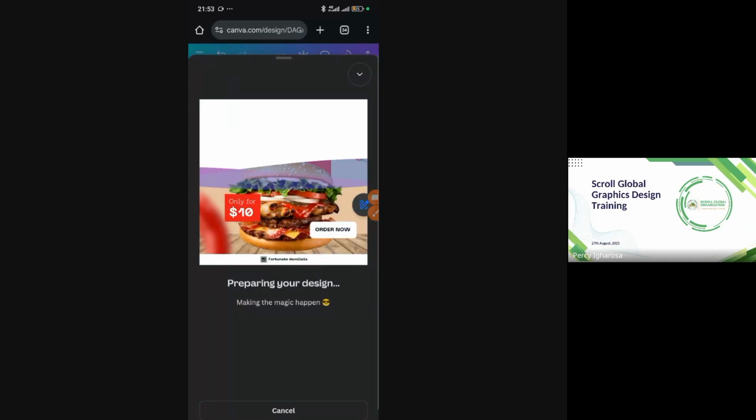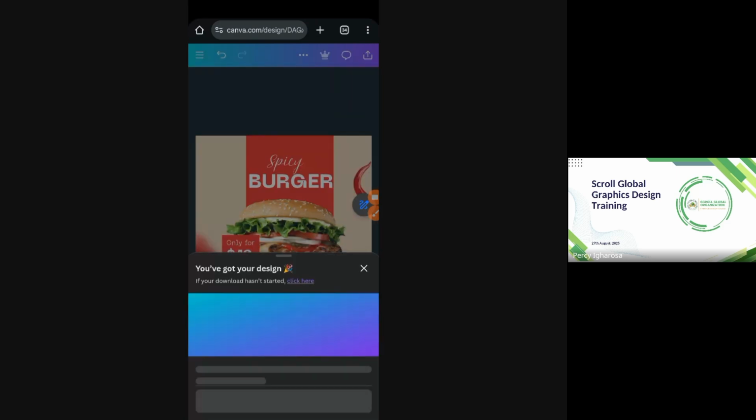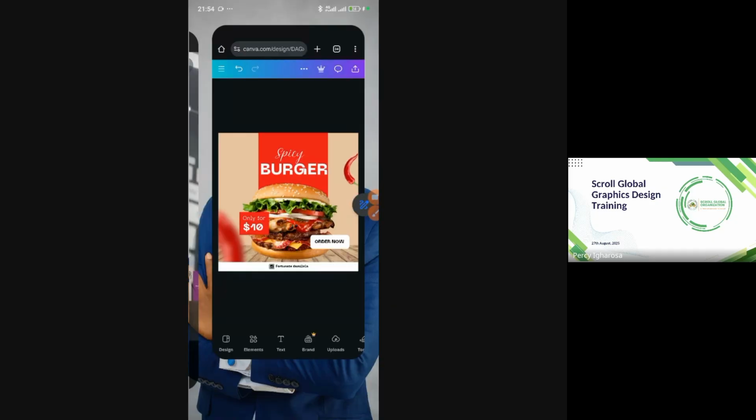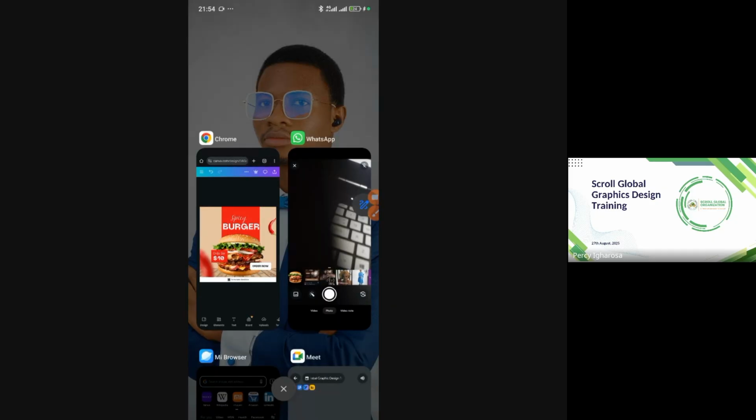So now I want to go back to share my screen over here so I can talk about the rest. All right. So now I want to talk about the PNG. Let me go ahead to share my screen over here. So the design is ready already. So I'll be expecting you guys as well to drop your design. So what we just did here is showing the application of